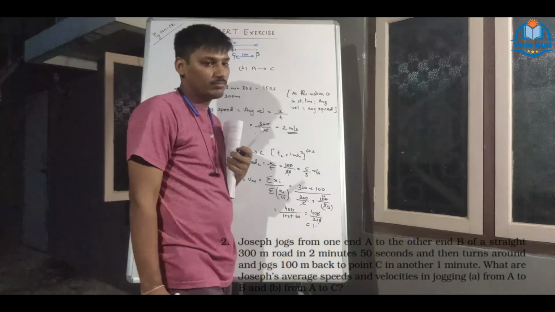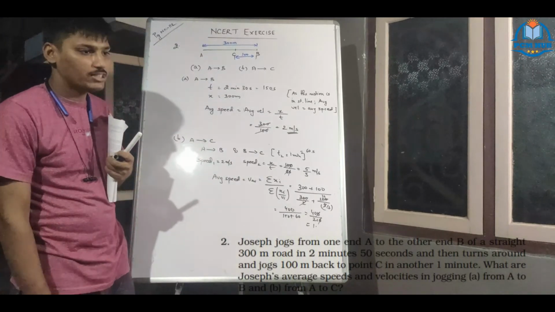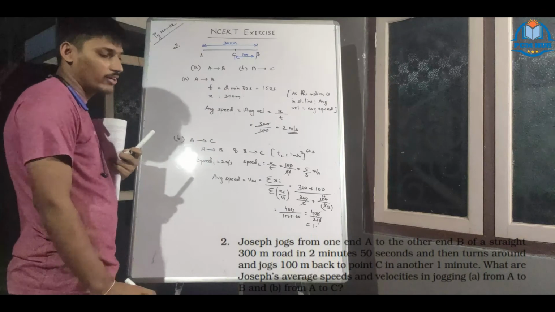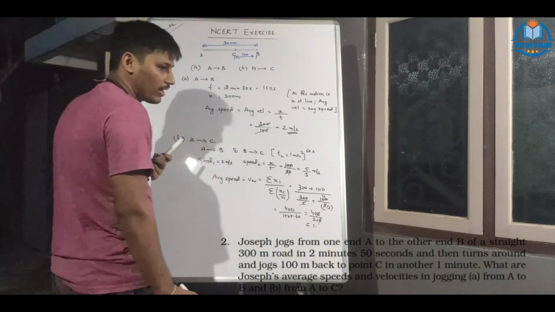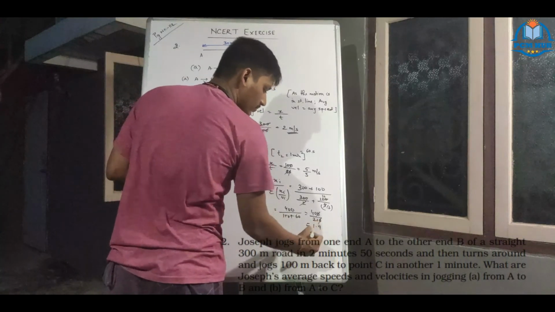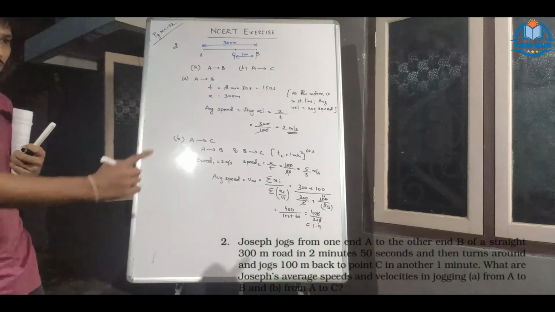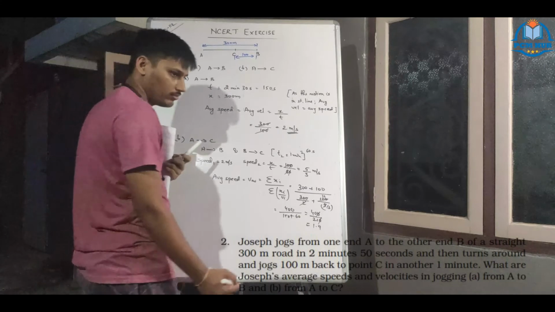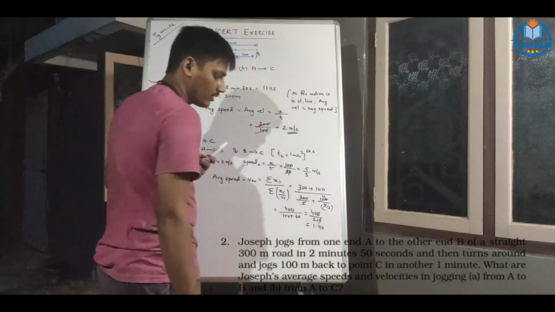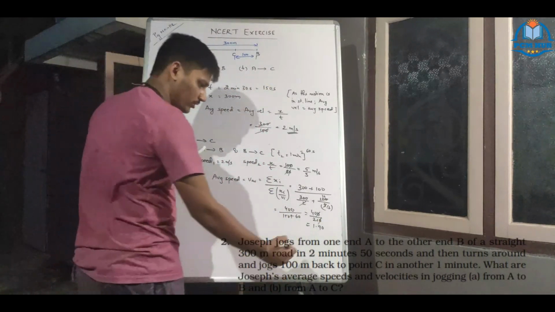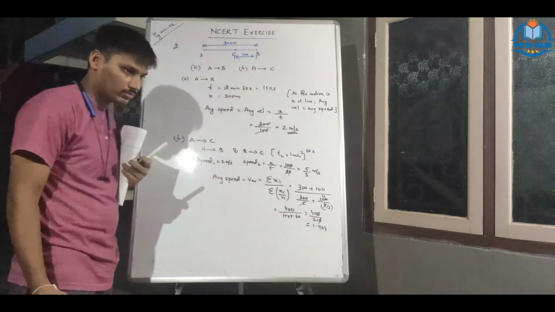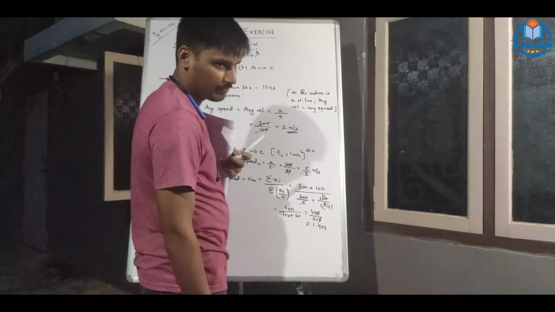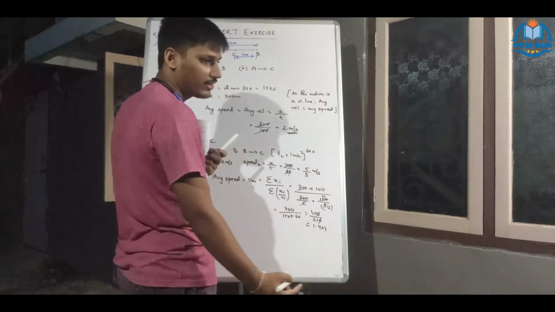190 minus 189, 1 is left, so you will put 9. 110, 10 is left, we'll put 0. You will get 100. 21 fours are 84, 16 left. Okay, 160. Are you getting what I am calculating?